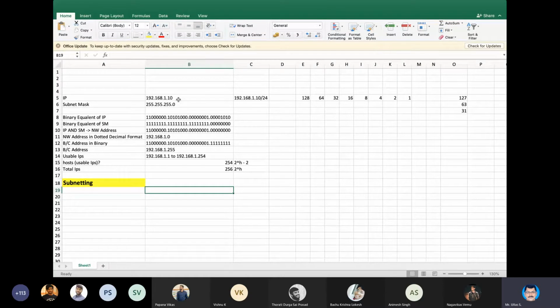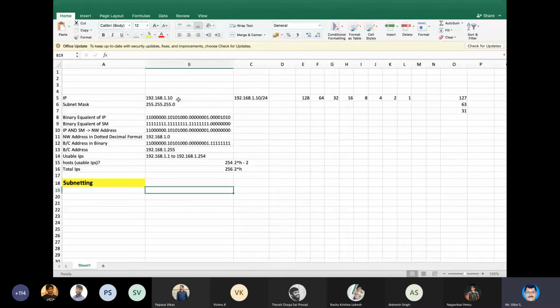But the problem is, in the initial days, browsing centers had to purchase public IPs. In case of public IPs, can you buy 254 public IPs for your browsing center? It is not feasible. Or maybe you are making a call center where you have only 6 or 7 computers. For that many computers, you cannot buy 254 IPs. So they have come up with a concept called subnetting.